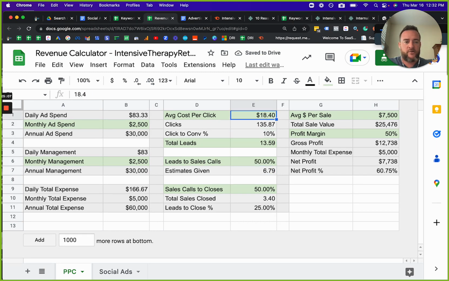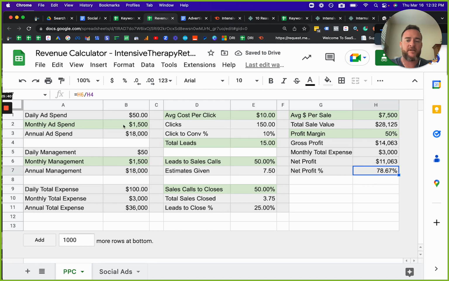Next, let's actually do a better case scenario on the cost per click without it being the most competitive keywords in your entire industry and move this to 10. You've almost increased your net profit 20%. It's actually 18% that increased. And from there, let's say we do an intro program with the management fee and bring it down to $1,500. Your net profit increases 5%. The only thing that's going to change this negatively at this point now is your monthly ad spend, and you'll see why here in a second. If we go down to $1,500, your net profit goes down 4%.